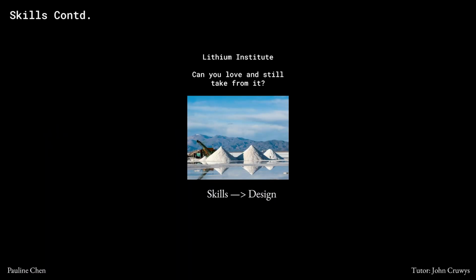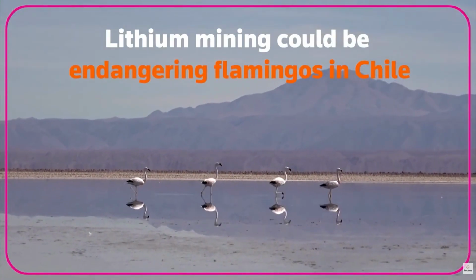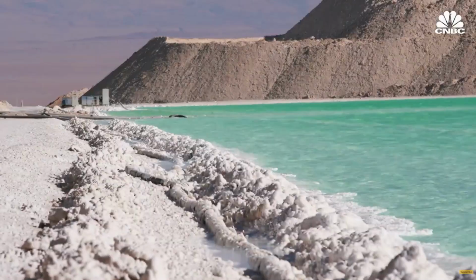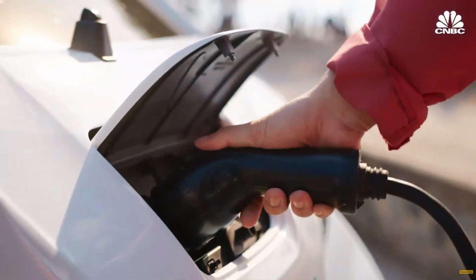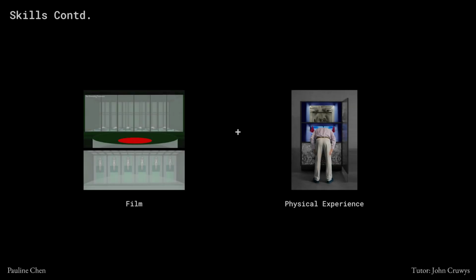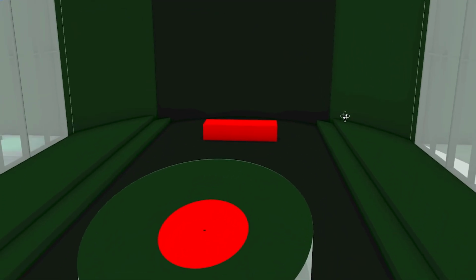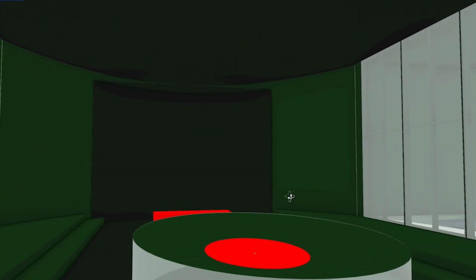Skills continued. For design, I began focusing on the Lithium Institute site, where I explore the implications of lithium extraction and consumerism through a spa-like experience. 1 part film, 1 part physical experience to be built. I began modeling how I envision the Lithium Institute in Rhino, though I anticipate using a combination of Blender and